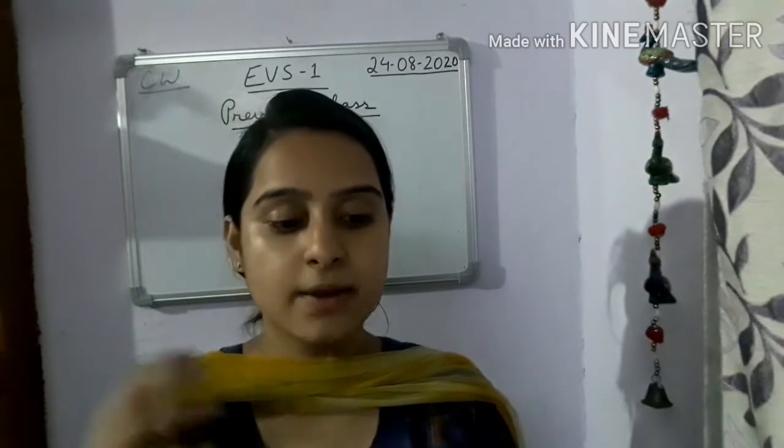Then we studied about the seashore and water droplets on a glass of cold water. Why are there water droplets on a glass of cold water? Because when water vapor touches the cold surface, you can see water droplets on a glass of cold water. Next, in monsoon, clothes dry with difficulty. Why is it so? We studied all this topic, so go through it, children. If you find any difficulty, you can ask me.